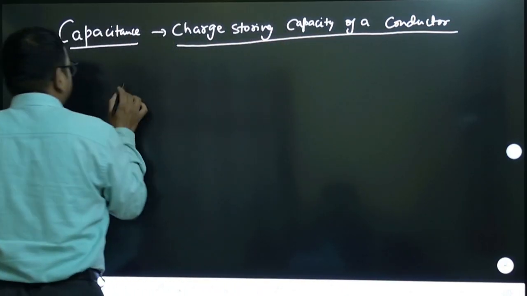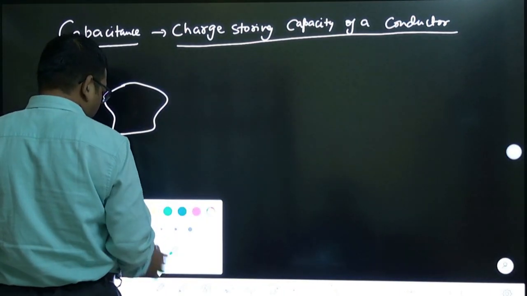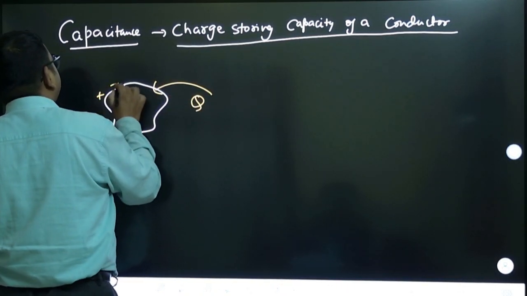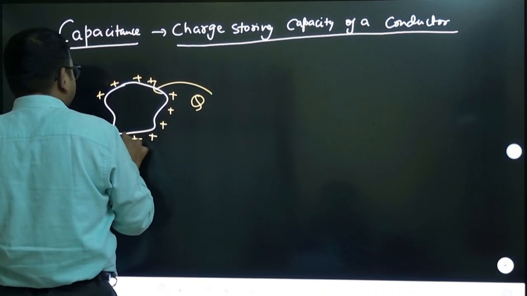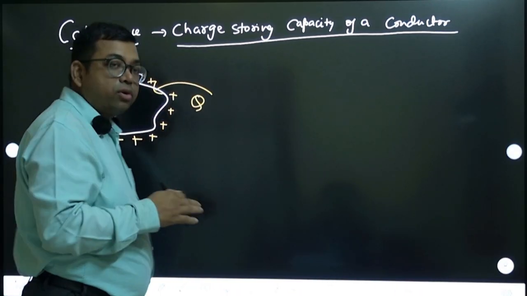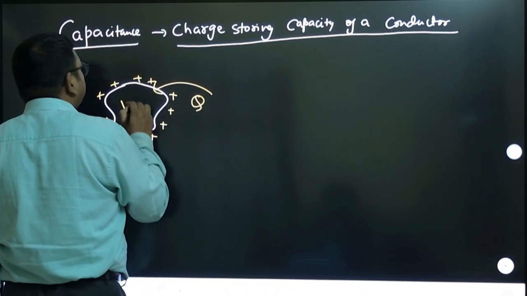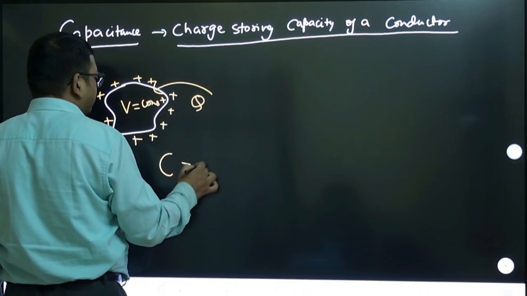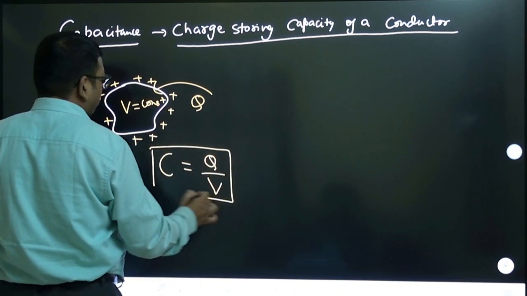Okay, so suppose there is an isolated conductor and you are giving some charge. That charge will go only on the surface. Why? Because this is the property of a conductor, charge cannot go inside, so charge will remain on the surface and it will develop a constant potential. So capacitance is defined as the ratio of charge and voltage. Okay,